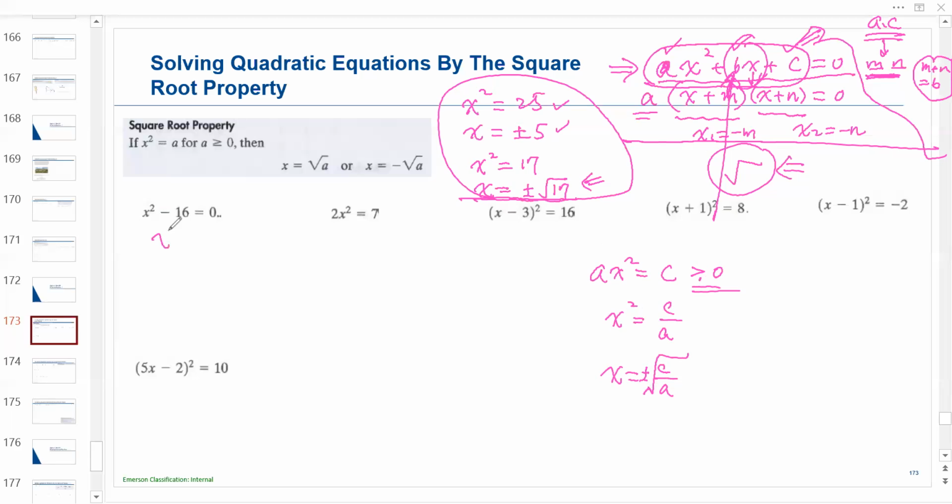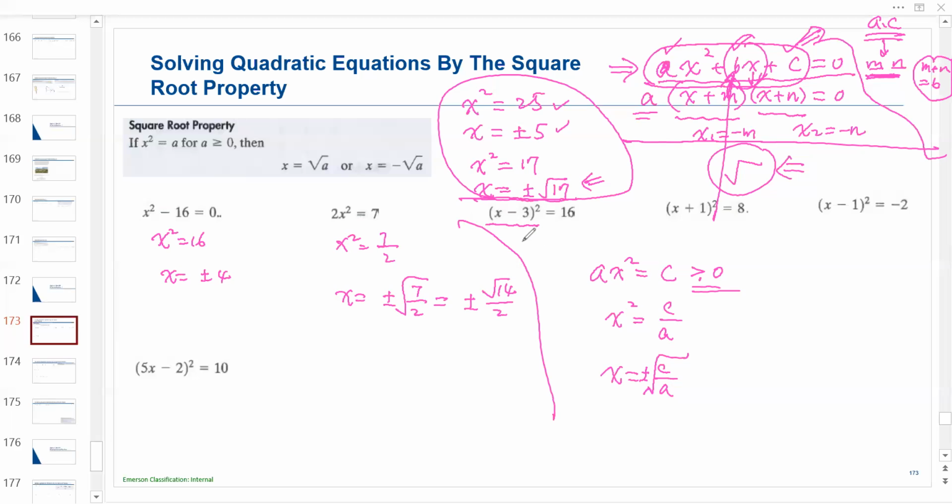So you can see x squared equals 16, x equals positive or negative 4. This is very easy for you guys, right? So x equals positive or negative square root of 7 over 2. If we rationalize the denominator, it becomes, right? All right. So if it becomes a more complicated situation like this one,